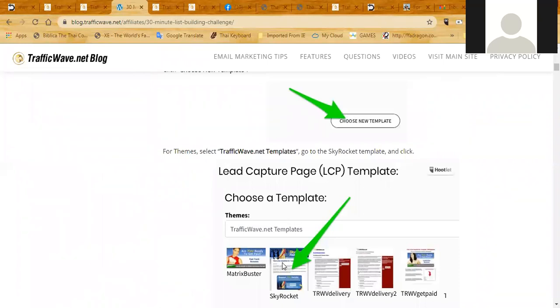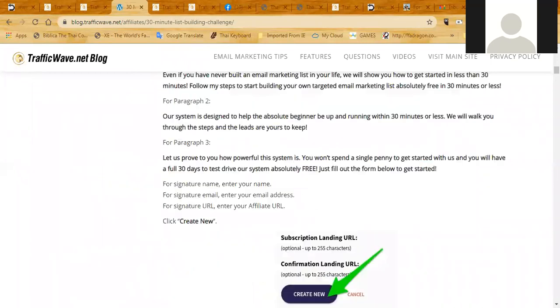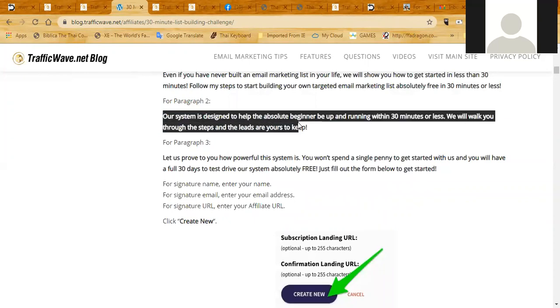And then he helps you use templates to set up that capture page so you can get a nice looking capture page out of it. And he gives you even the specific paragraphs here to put on to that capture page. So everything is explained step by step, and you can get set up so that you're promoting TrafficWave to others easily. And you have all the letters, you have the landing capture page,